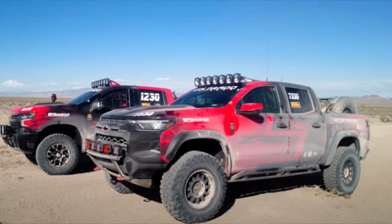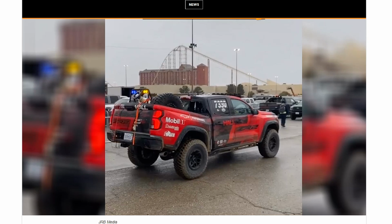Chevy gifts these trucks to companies sort of to generate hype, because obviously this is pretty cool. The only problem with this one is the fact that it won, and the fact that it's broken means that Chevy's going to be kind of weird about it. You're not going to see this on any Chevy forums. They're going to totally ignore this whole thing because, rightfully so, even though it sounds kind of lame on Chevy's part,